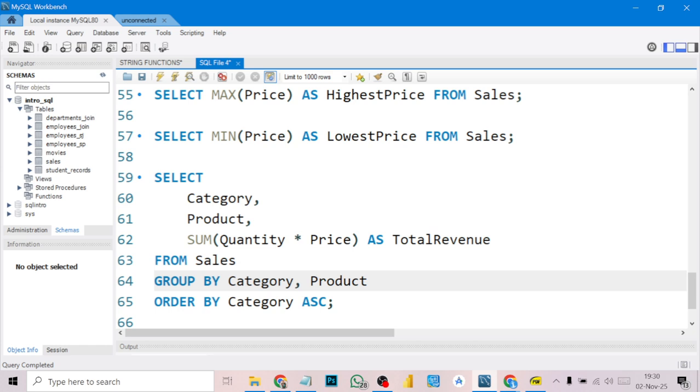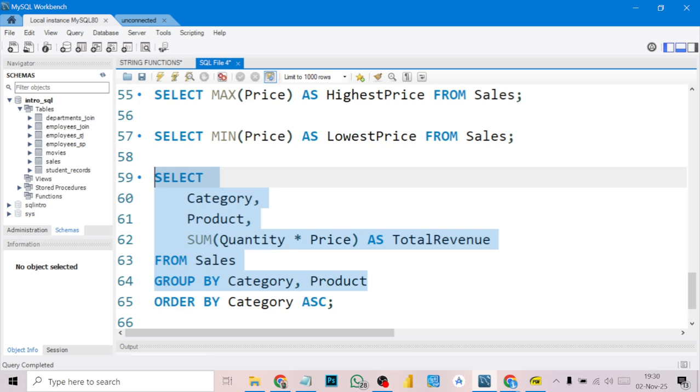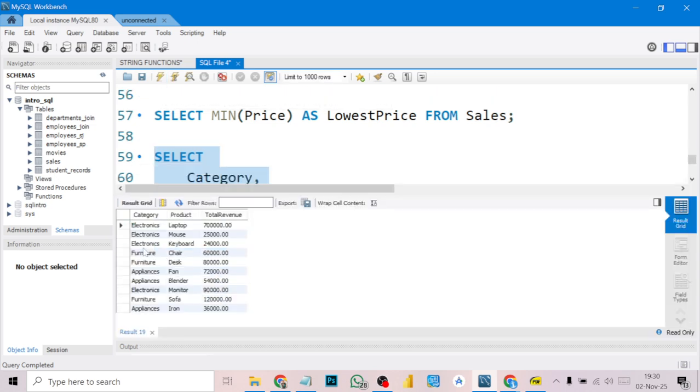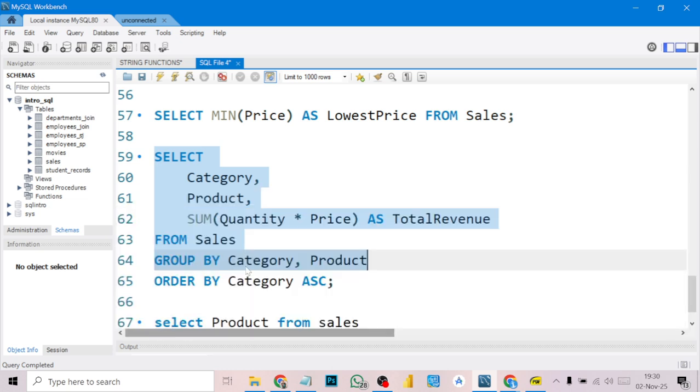I can now just come and, so let's run this one first. Let's ignore the other by for now. You can see now category and product is grouping them by category and product. Right now, if I now put quantity, I don't think it's going to throw me an error. But if it is